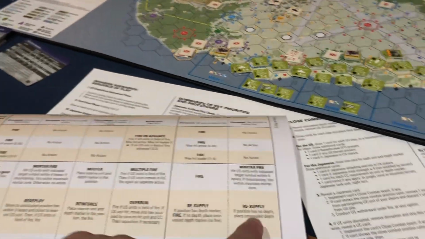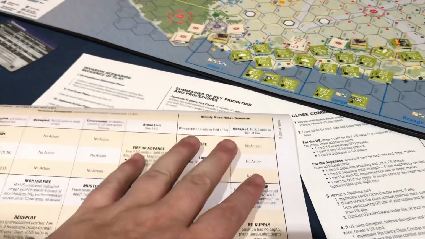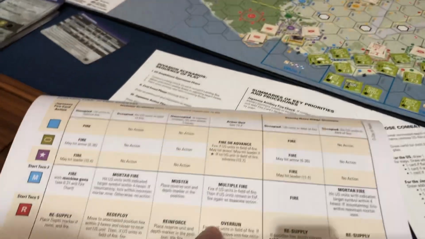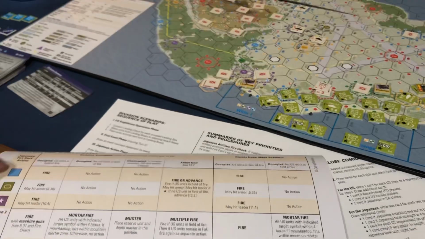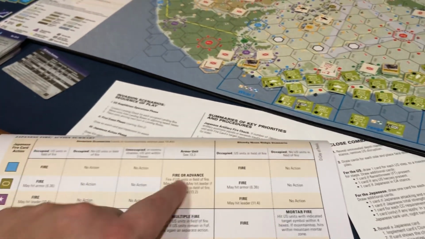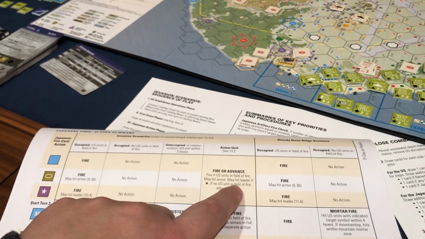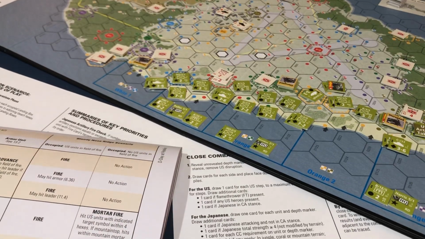So the tank would do a resupply, but there is no, oh, I'm sorry, that's Bloody Ridge. Armor, here we go, armor unit. So he would do an overrun, but this is not active yet. See, and they even tell you what turn, so that's awesome. I love that. So instead what we're going to do is just a color. And so he's going to do a fire or advance, and there was no one for him to fire on, so he's going to advance. So we have to look up the advance rule, but basically he gets to advance 3 spaces forward